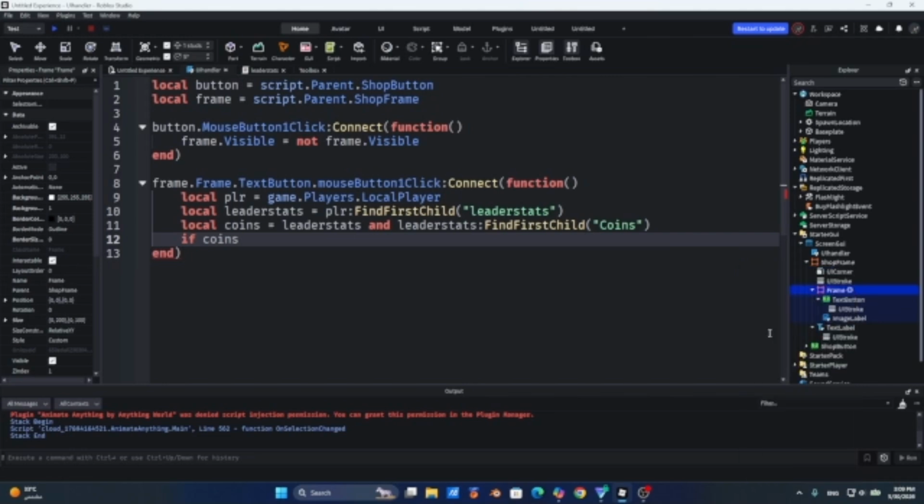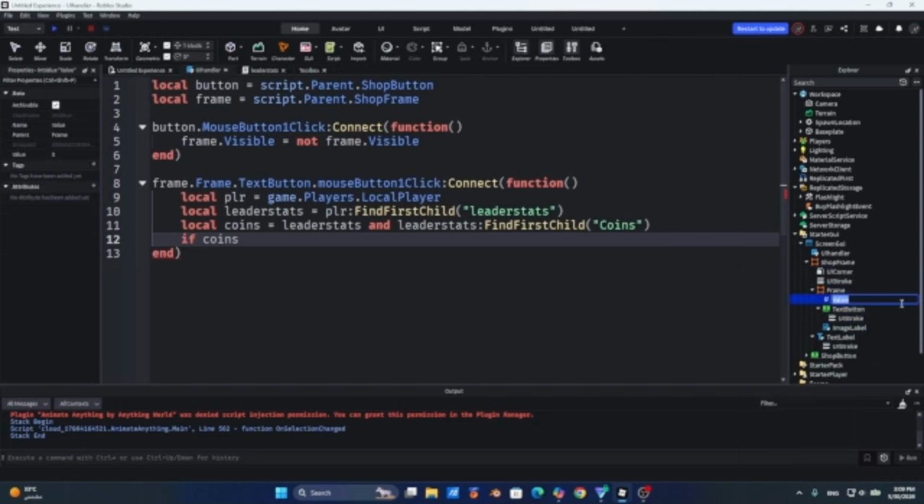Call this value price. Now this price I'm gonna make it 10. So I need 10 coins so I can buy this flashlight. So if coins